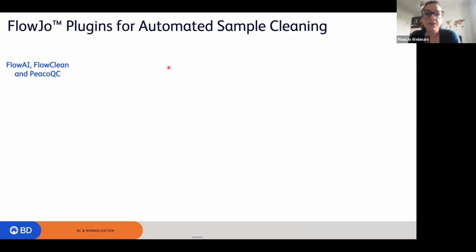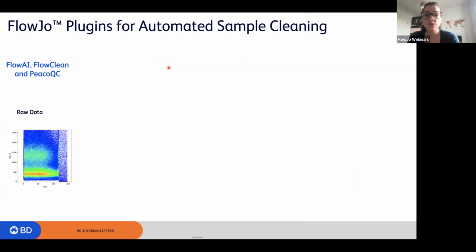So I've just reported right here the 3 examples from the 3 algorithms. Let's consider that we have a raw data that looks like this. Clearly, something happened right here. We need to exclude this region, or we need to remove at least the events that are included in this region. So either we go with a time gate manually and we risk losing something, or we start using these